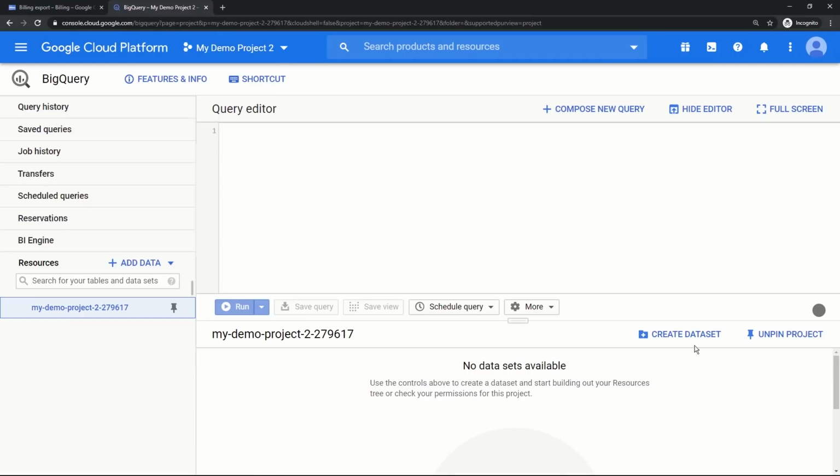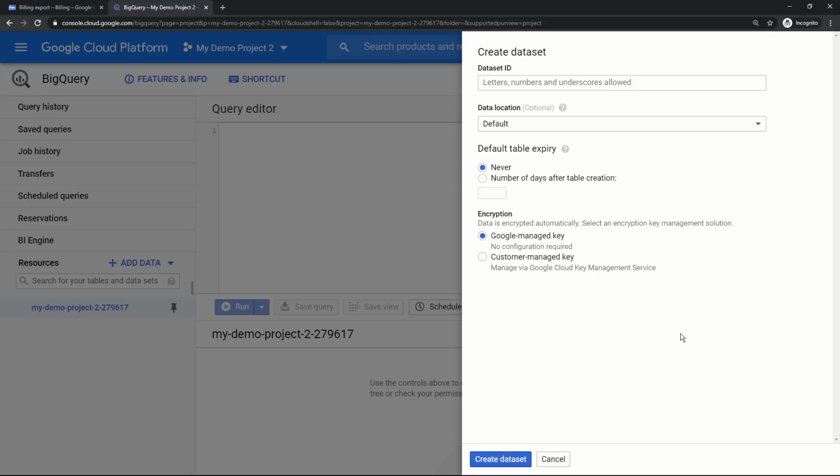Once you are here, you need to click on create dataset. The dataset ID is department cost. Then create dataset. This option also needs to be acknowledged: encryption. Data is encrypted automatically. Select an encryption key management solution. It gives you two options, Google managed key or customer managed key.